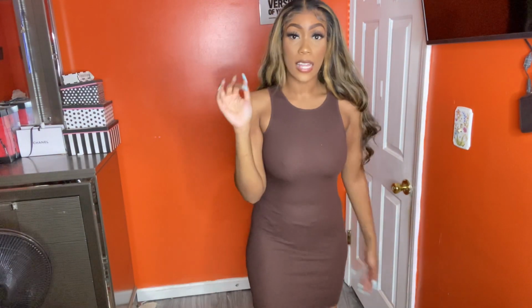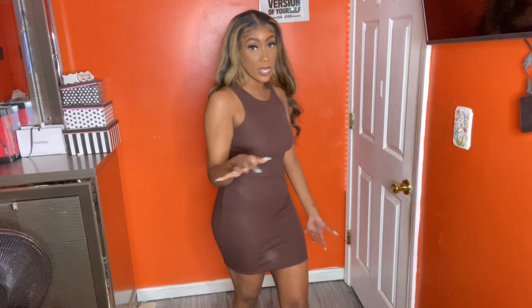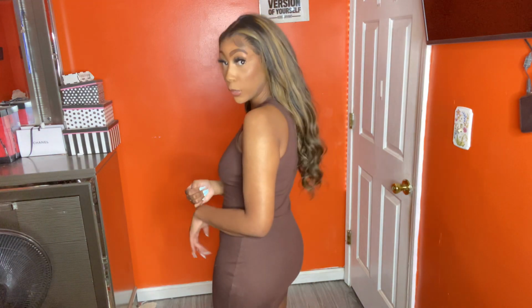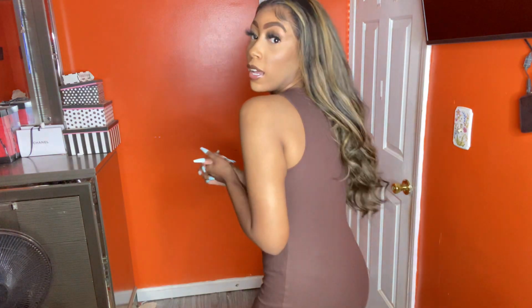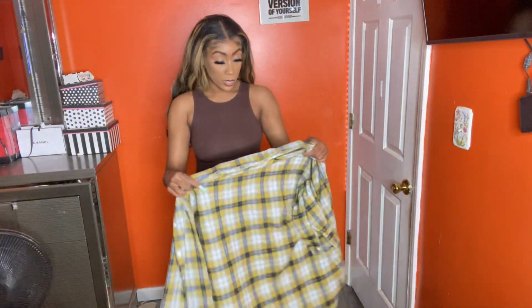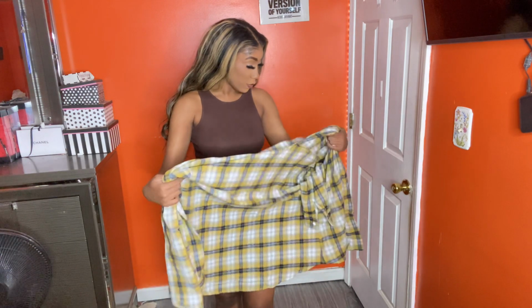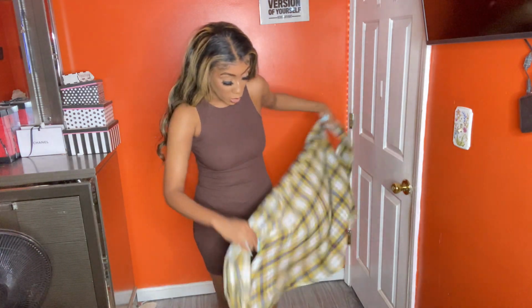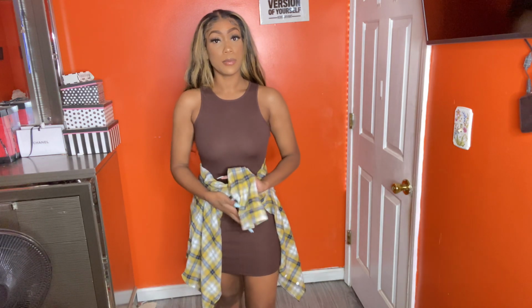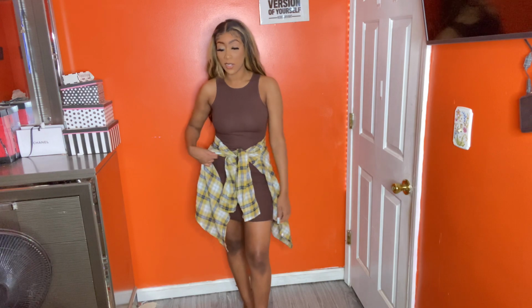Okay, so next I got this chocolate brown bodycon dress. So it's just a basic little dress. Cutesy, cutesy, cutesy, right? So yeah, you can see it's like ribbed and stuff. So my vision was actually to wear this with this dress and maybe wrap it around or something like this and make it look cutesy. So now this with some cute tennis shoes, or even, I don't know,